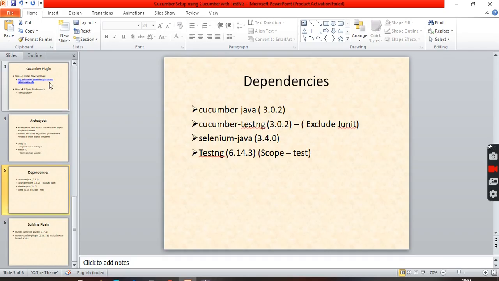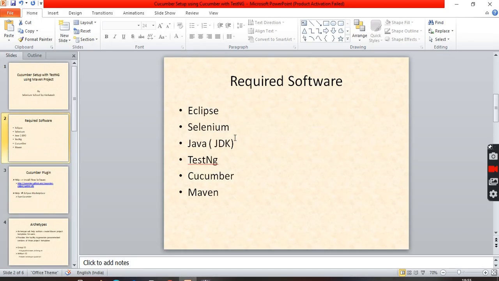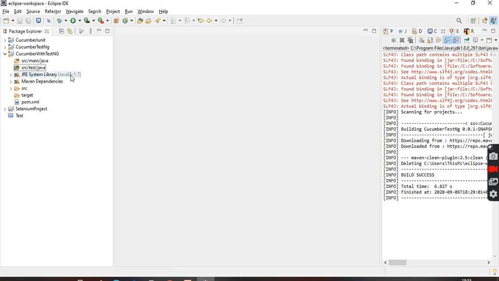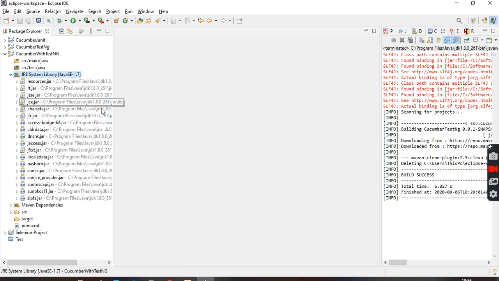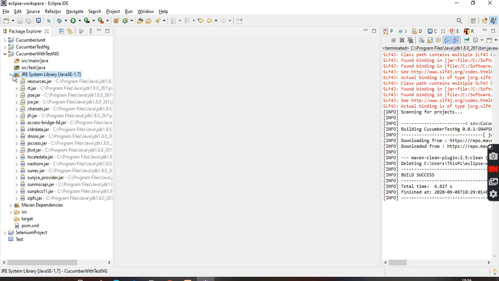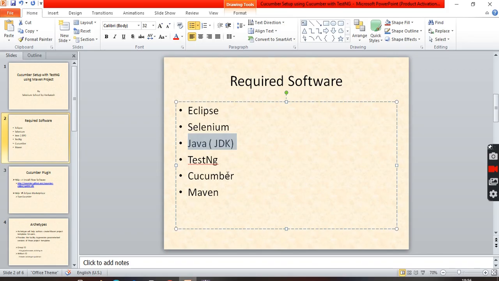The immediate question you will have is, boss, you told us Java JDK, but here it is saying JRE. Expanded here, oh, it's not JRE, it's a JDK. Then it is good. So no need to change anything. The name itself is showing like JRE, but internally everything is JDK. So no need to worry about JDK things. So JDK Java is installed now.